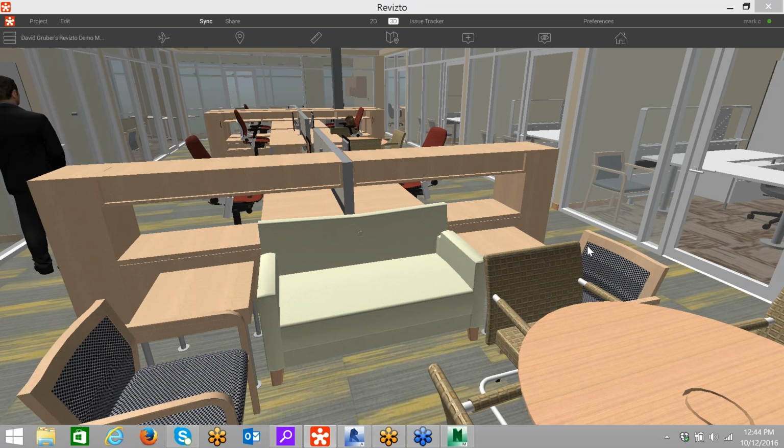Okay, next question. Integration with HoloLens, integration with BIM 360 Glue. So HoloLens, we'll take the first question. HoloLens is something that we're going to be discussing with our